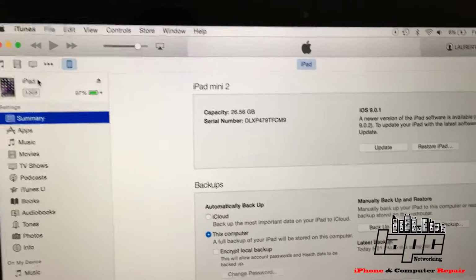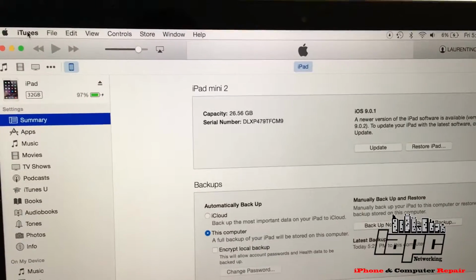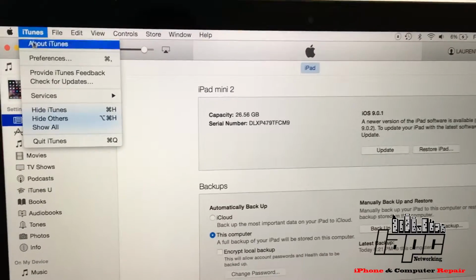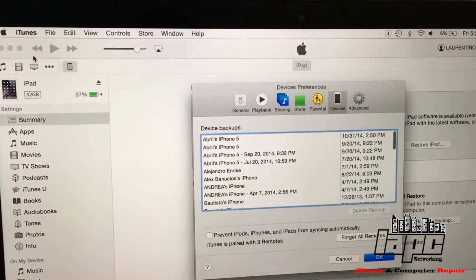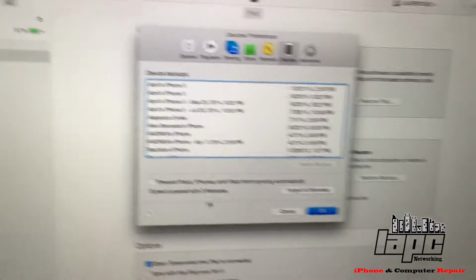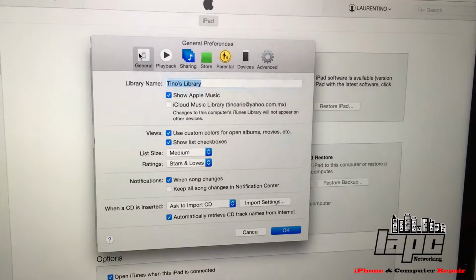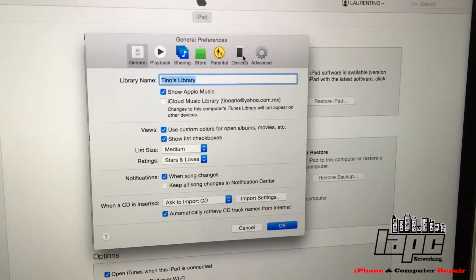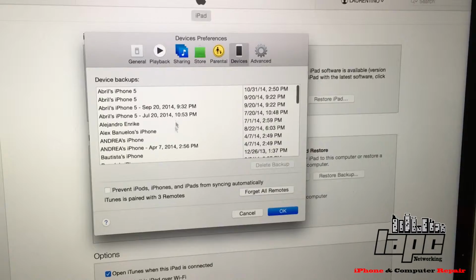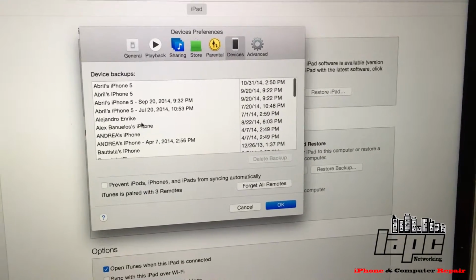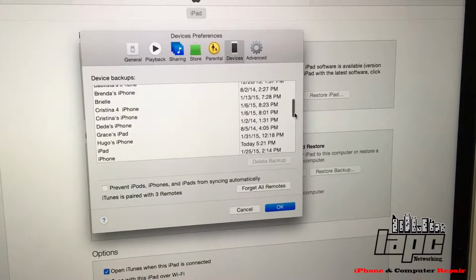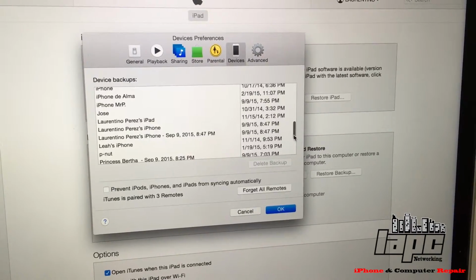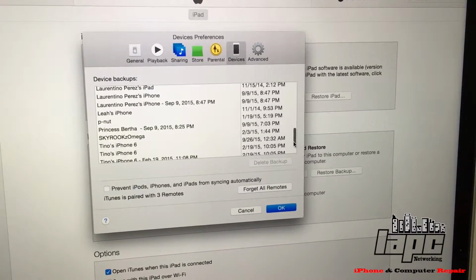So just to make sure that your backup is there on the computer, you're going to go to iTunes and then Preferences. If you have a PC, probably it's going to say File and Preferences, and then in here you have all these little icons. You're going to touch Devices. All these are the backups of the devices that you connected before to your computer. But in this case, we're going to search for your name, whether your iPhone or your iPad has your name,